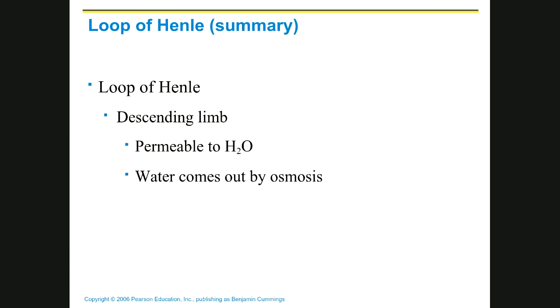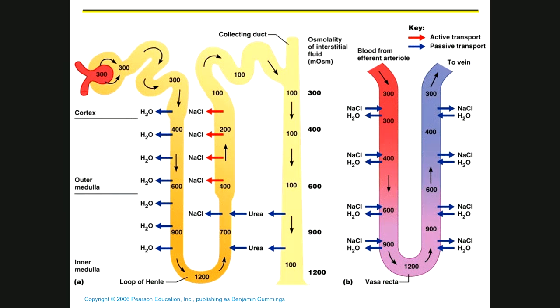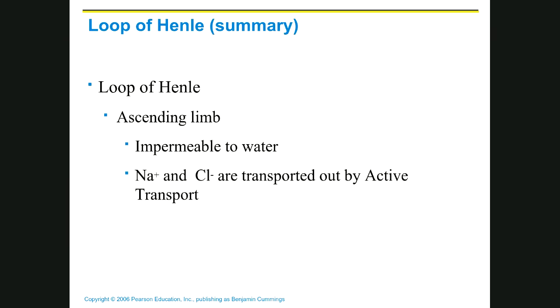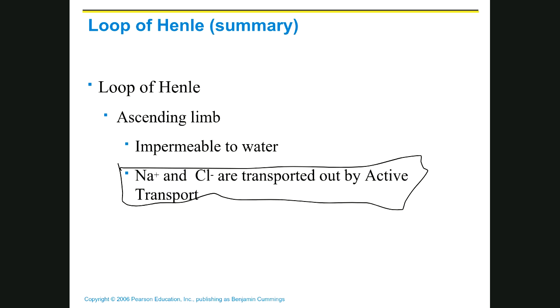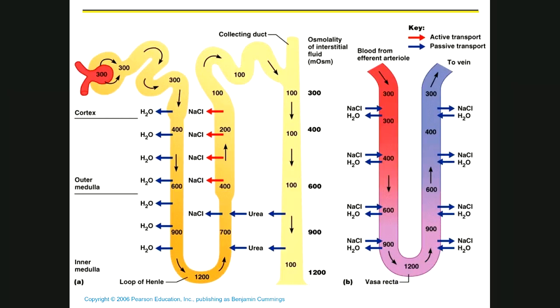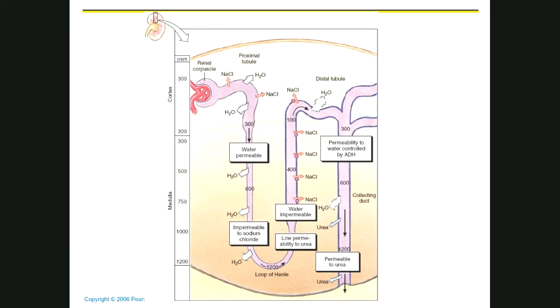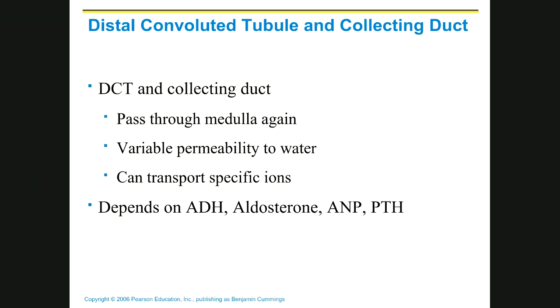So, descending limb, permeable to water. Water comes out. Ascending limb, impermeable to water. Water stays in. But I'm going to transport sodium and chloride out. But in the collecting duct here, it's variably permeable to water. And what it depends on are these